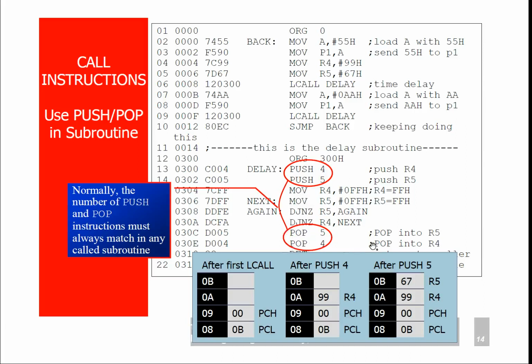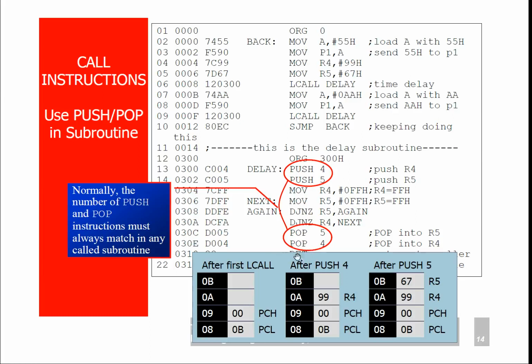It pops the content of 0b location to the R5 register and it decrements the stack pointer content by 1. Now the stack pointer is pointing to the 0A location, and then pop 4 retrieves the content of 0A location to the R4 register, and then the RET instruction.